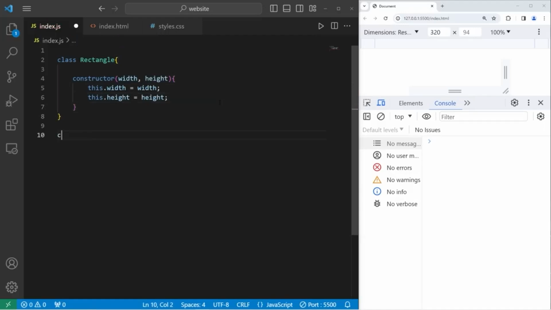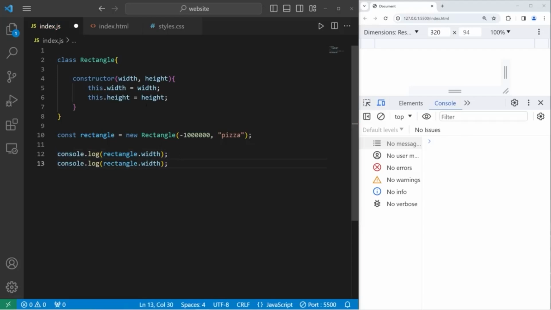Now let's create a rectangle object. Const rectangle equals a new rectangle. For the width, let's say -1 million, something ridiculous. And for the height, I want the height to be pizza, the word pizza. Then let's console.log our rectangle's width and the rectangle's height. We have created a rectangle object with the width of -1 million and a height of pizza, which doesn't make